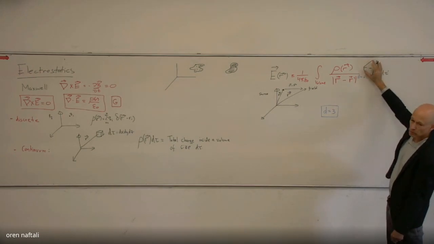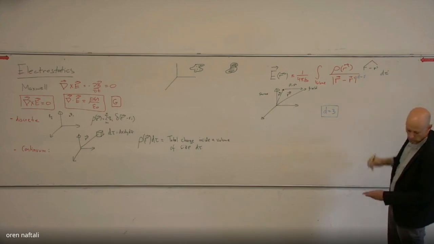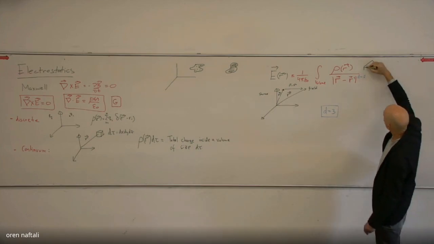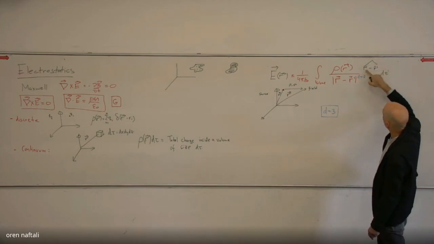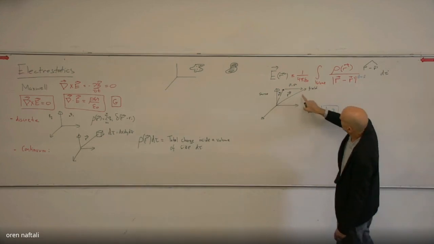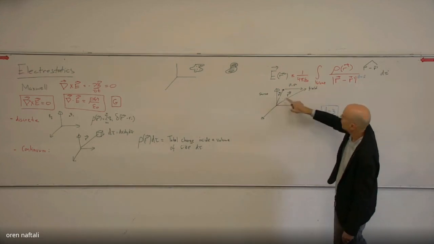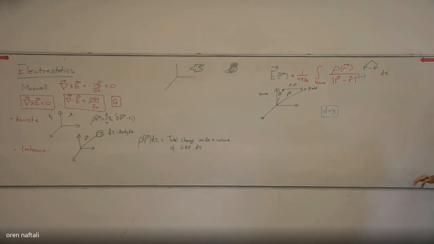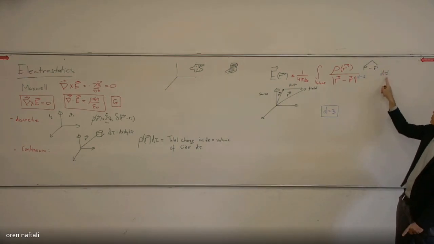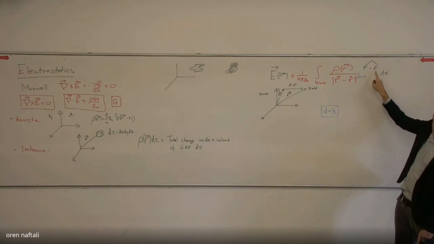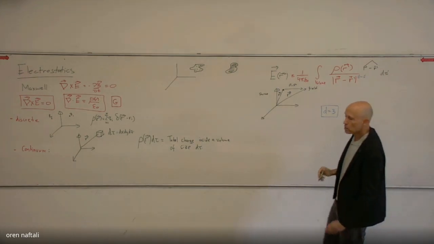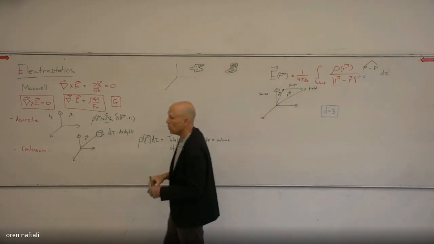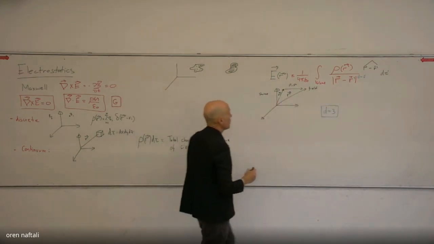This object is a unit vector in the direction of the vector which is the difference between the position I'm looking at and the source. So this hat means unit vector in this direction. And of course, this unit vector is changing when I'm integrating over r prime. Okay, so this was a formalism of Coulomb